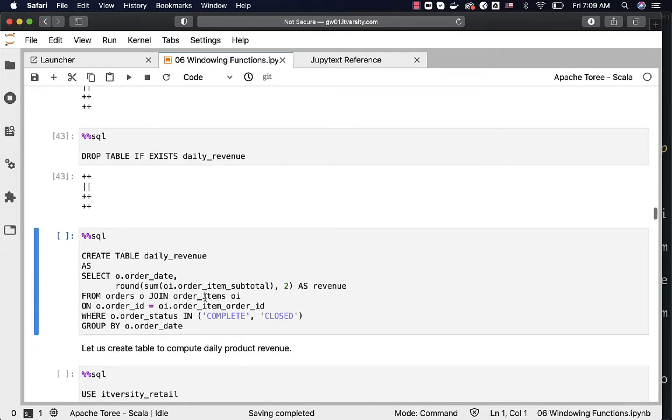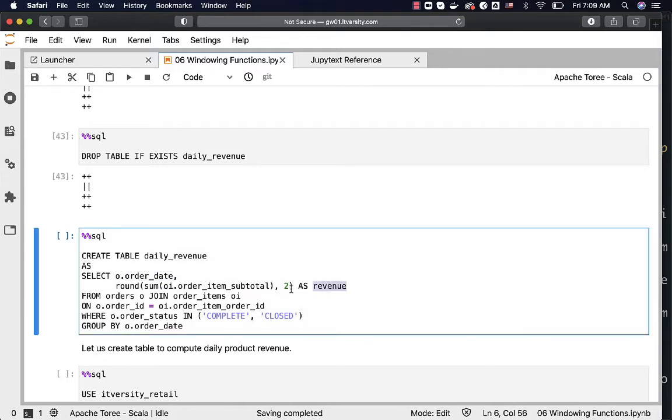Then I can run this query which will take care of creating the table daily revenue, where we'll be getting date along with the revenue. You can see here we are getting date and revenue. As some might get too many decimals as part of the revenue for each day, I am just rounding off to 2 decimals by using round here. That is the purpose of it.